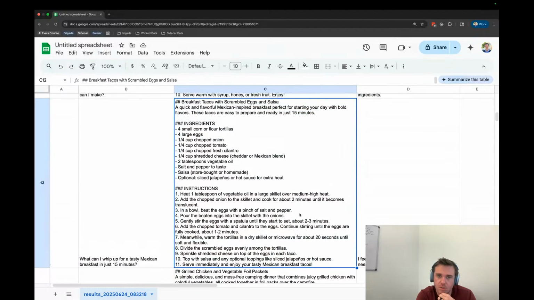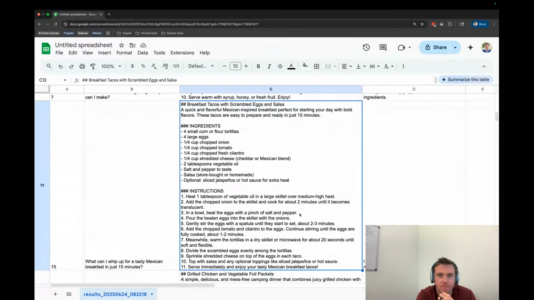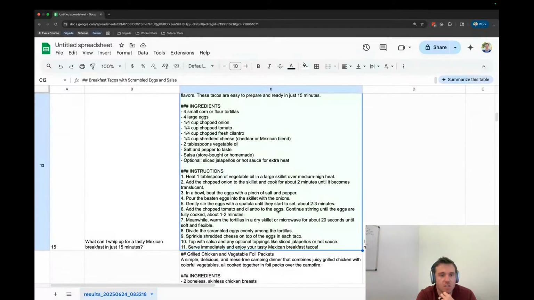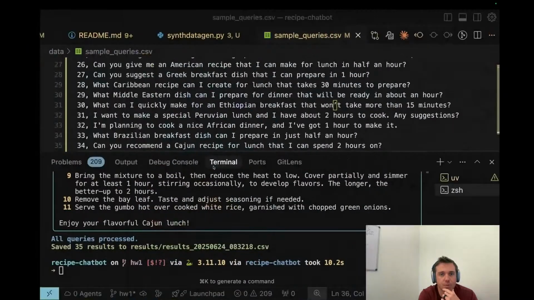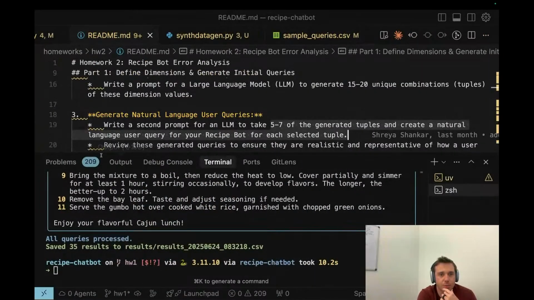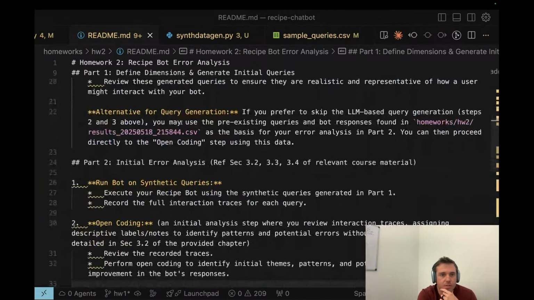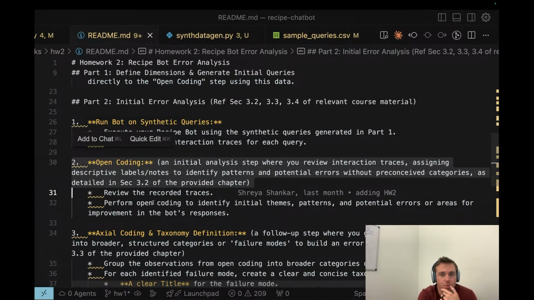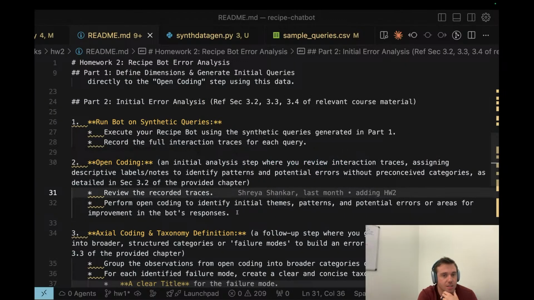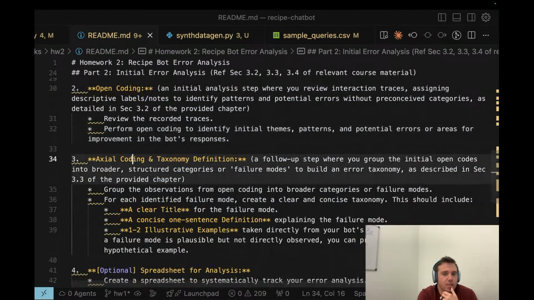Okay. I don't think that there's any new issues that I see. So anyway, kind of going back to the assignment readme. So we ran the bottom synthetic queries. What we just did is called open coding. And so we're basically just trying to identify things that we see. And now we could define the taxonomy. And so based on all those notes, we can define basically a failure mode and then go through and tag